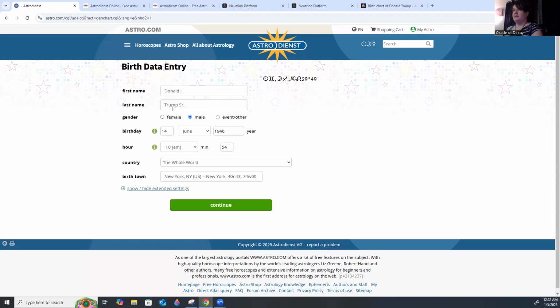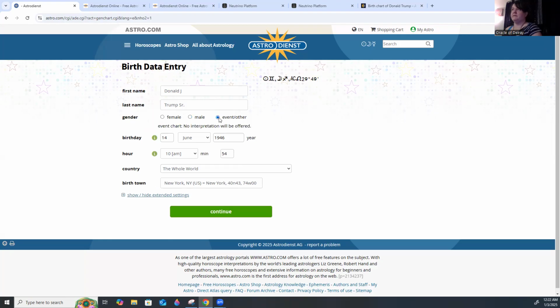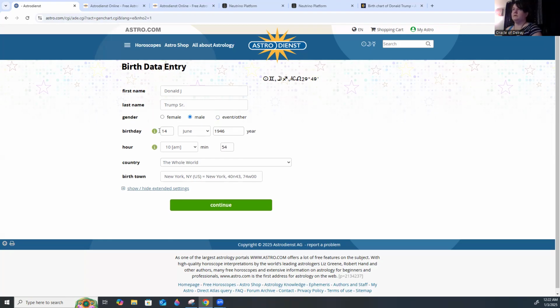So you fill in the name, gender. If it's for an event, like a wedding day or something like that, you would click event. Just be careful, depending on the country, because astrology is an international thing. Dates and months can be reversed, so it depends on the application you're using. You're going to continue,